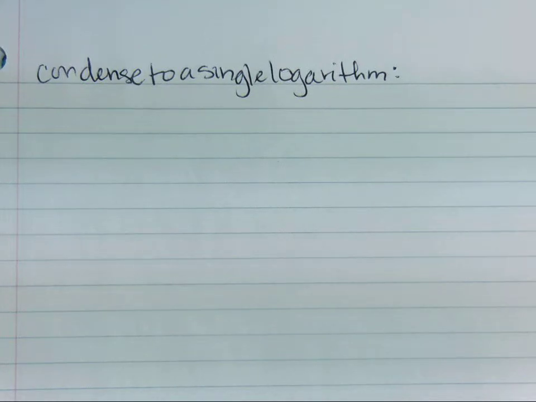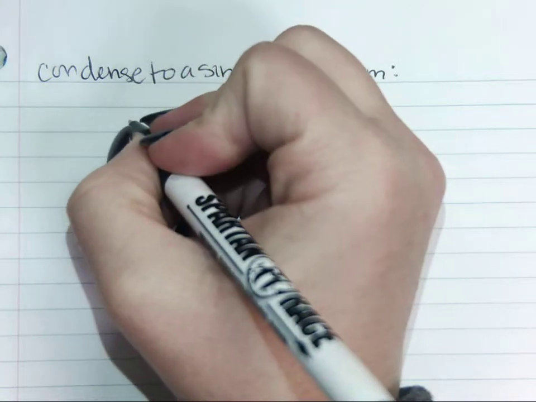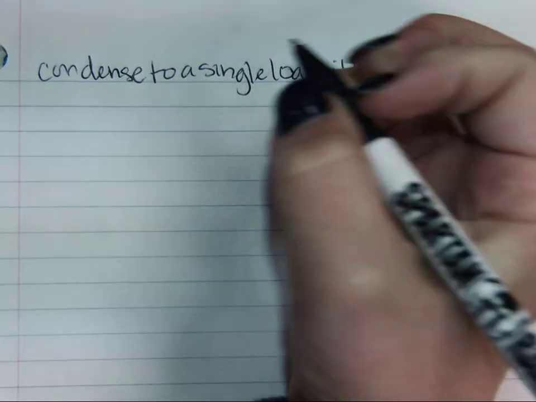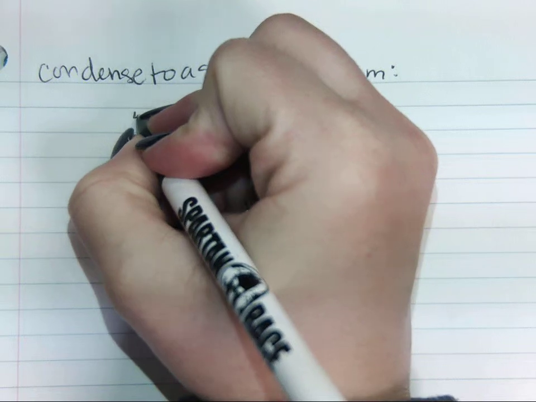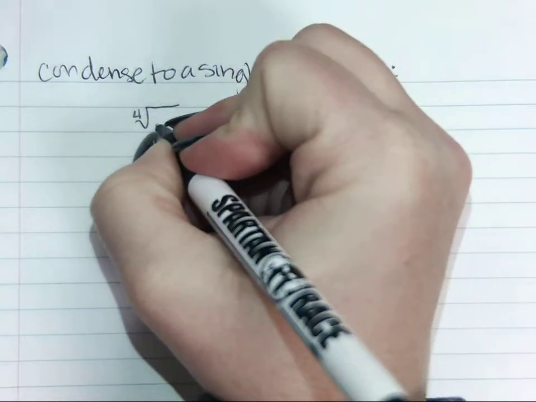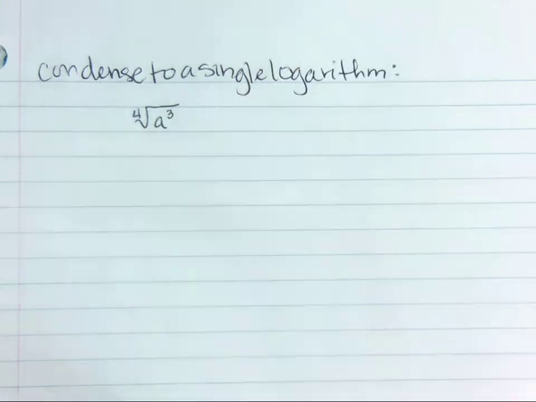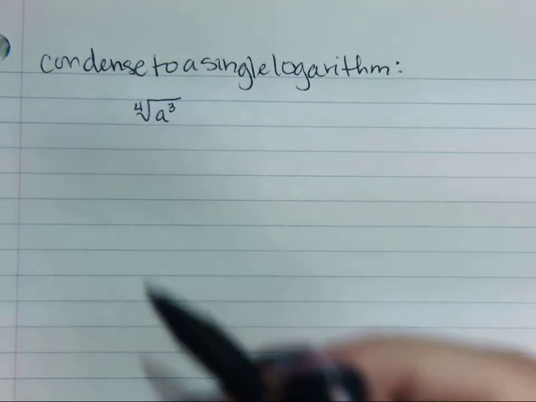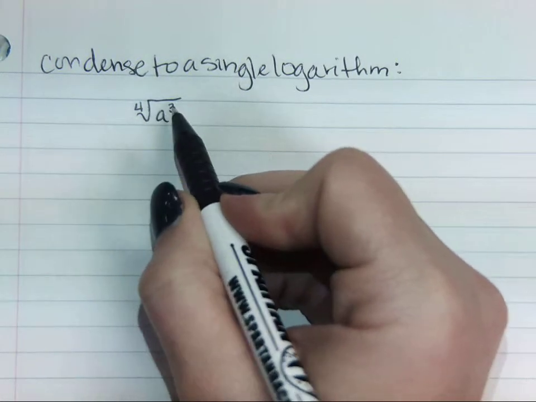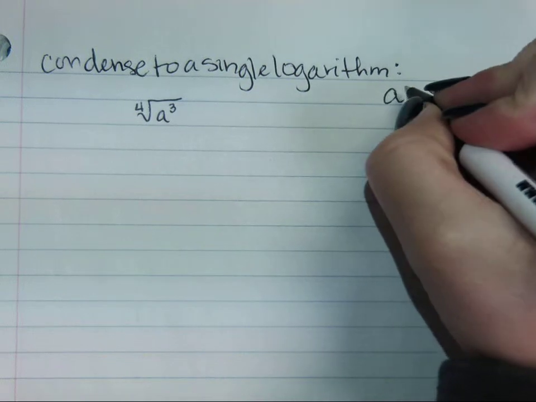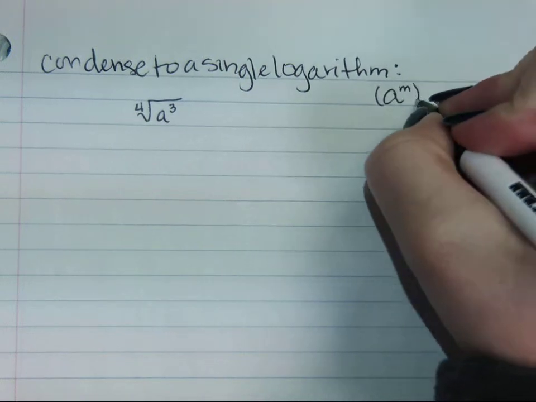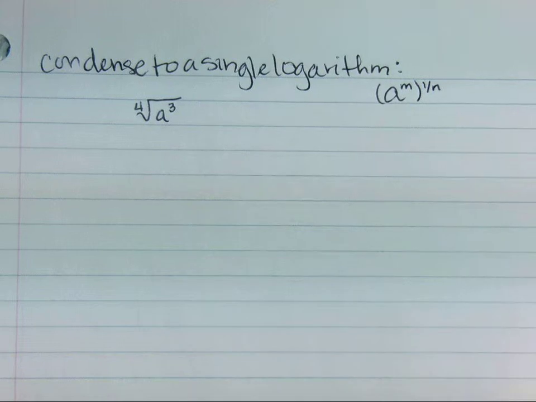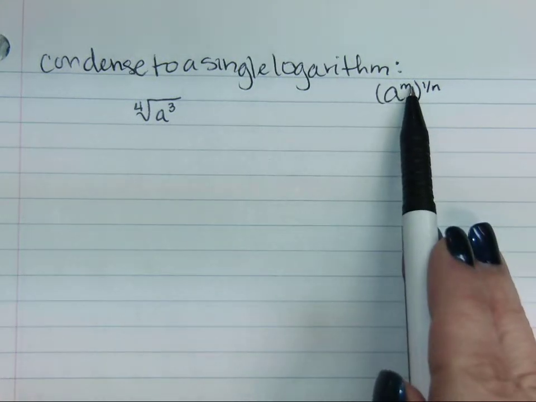Before we start condensing expressions to a single logarithm, we need to remember or review a rule of exponents. So for example, if you have a number that is, say, the fourth root of a to the third power, this is a rule that we need to go backwards. And so think about before, we talked about rules that look like this, where your exponent that is attached to